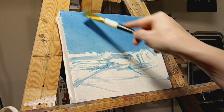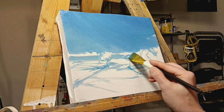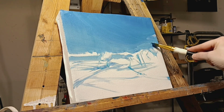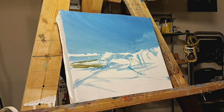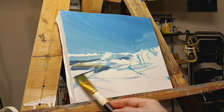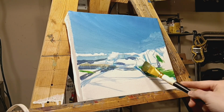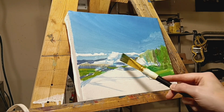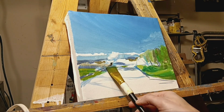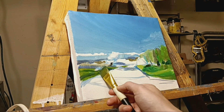From a compositional standpoint, however, it might become a little boring because virtually everything is tied down to the road. The road, especially from the driver's perspective, right? It's always forward and everything kind of builds around it. So it gets a little boring at some point. But in this particular little painting, I thoroughly enjoyed